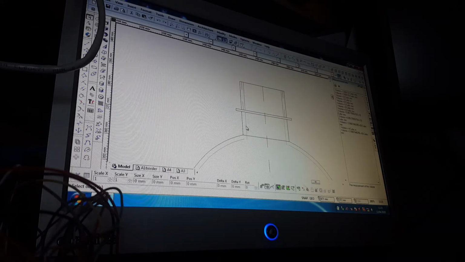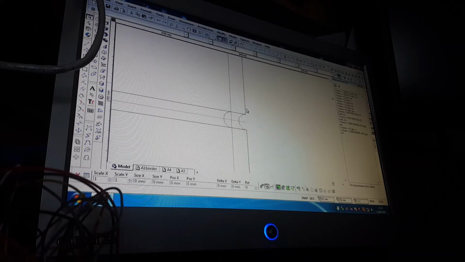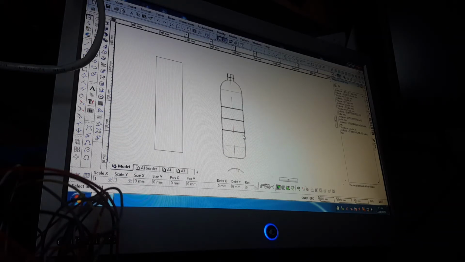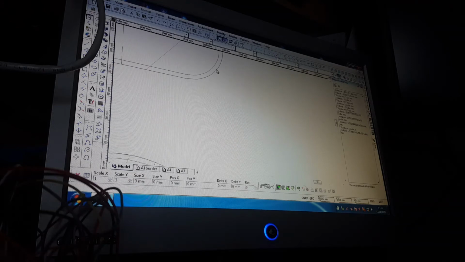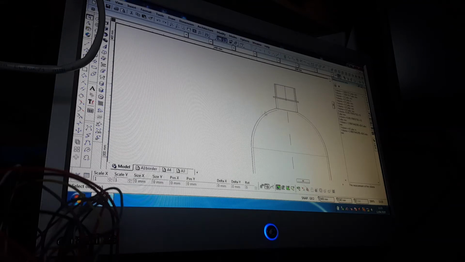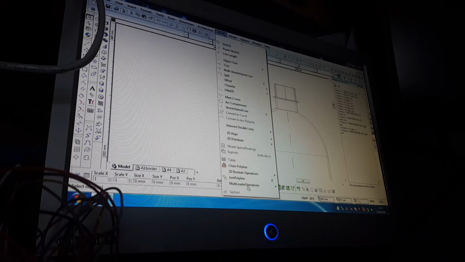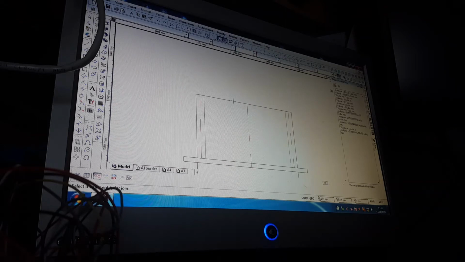Right, this is because I want to do a join polyline. So just check this outer profile of this bottle is what I want to turn into a polyline. So I just want to make sure I'm not going to hit any other problems. Okay, I'm not. So modify, come down to join polyline, and then it says select first entity, select second entity,